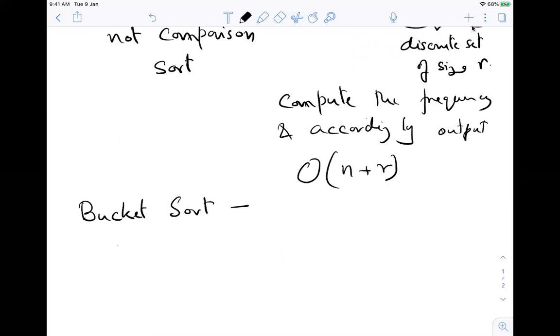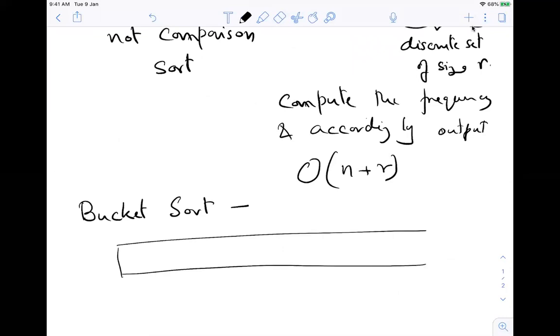Say you have this array, and say this is an array of numbers between 1 and m. So the elements are from 1 to m.